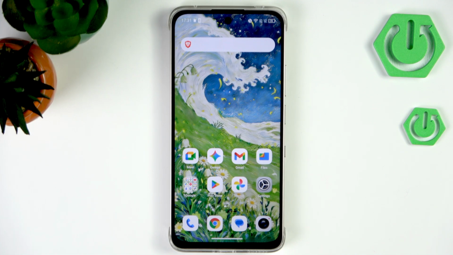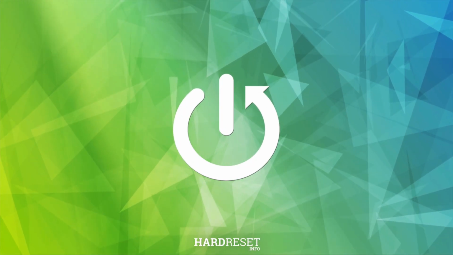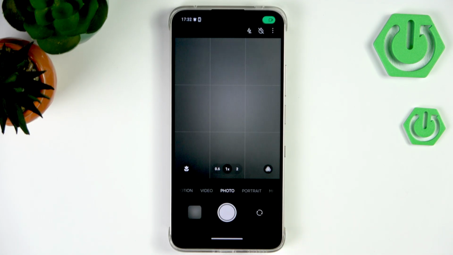Hi everyone, in front of me I've got TCL NxtPaper 70 Pro, and let me share with you how to reset camera preferences on this device. So let's begin with opening the camera app. Currently we are in the standard photo mode, but it doesn't really matter because we will still open the